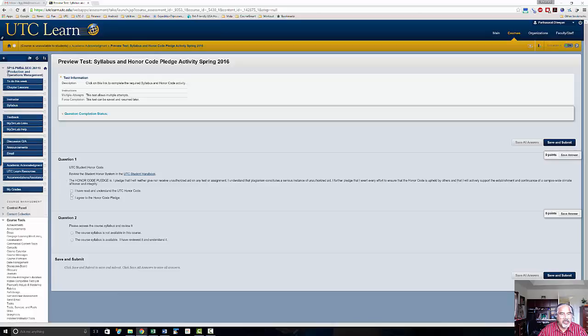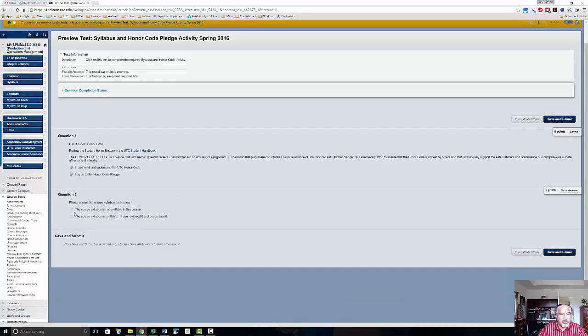The first question has 2 boxes and you have to check both of them. Okay, one for acknowledging that you've read and understood the honor code pledge, and the second one is that you agree to the honor code pledge. Now question number 2 also has 2 bubbles here, and you have to choose one of them. Okay, of course you can choose only one of them, but you need to choose the second one, because the